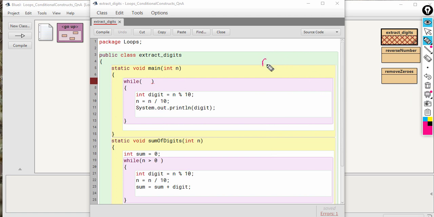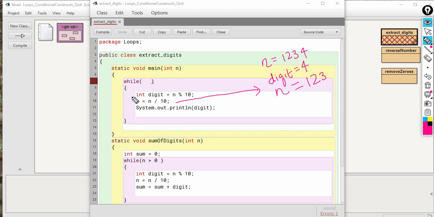So in n originally we had 1234, then in digit we extracted 4, then we eliminated the last digit, and now we are left with 123 only.